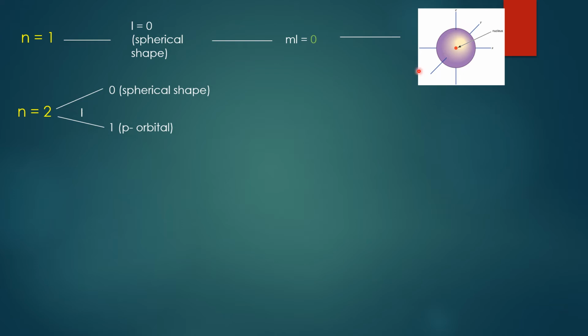So now to find the magnetic quantum number, let's make use of the secondary quantum number. If the secondary quantum number is 0, L is equal to 0, then ML will be equal to 0. And if the secondary quantum number is 1, then our ML value will have a possibility from negative L to positive L. That means it will have values of negative 1, 0 and positive 1. So now let's see what we have just figured out.